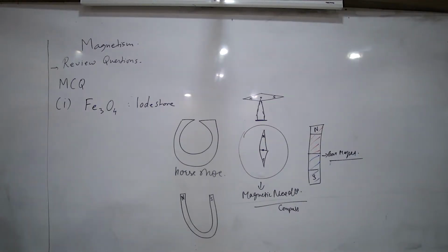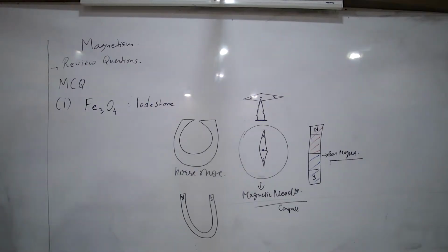What do you understand by poles of a magnet? A magnet will have two ends. The end that points towards geographic north is called the north pole, and the end that points towards geographic south of the earth is called the south pole. Okay, so these are the poles of the magnet. Then what is the other property of the pole? The magnetic field emerges from the north pole of the magnet and then enters into the south pole, forming a closed loop.